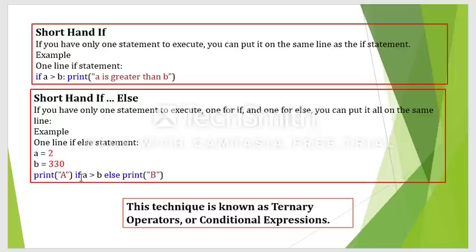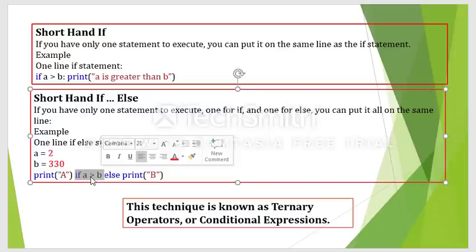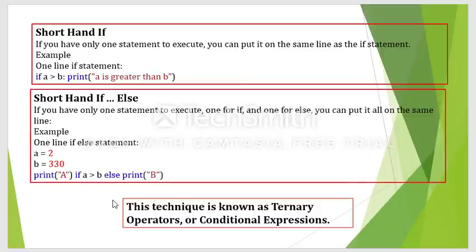Okay, so in between we are writing a condition, if A greater than B. If this condition becomes true, then the true statement should be represented on the left hand side of the statement. If this condition becomes false, then that statement will be represented on the right hand side of the statement using this else. Okay, hope you understood. So this technique is called a ternary operator or conditional expression. Similarly, in C programming also, this kind of thing is called a ternary operator. The same thing here also, but with a slight change of syntax. Nothing new here.